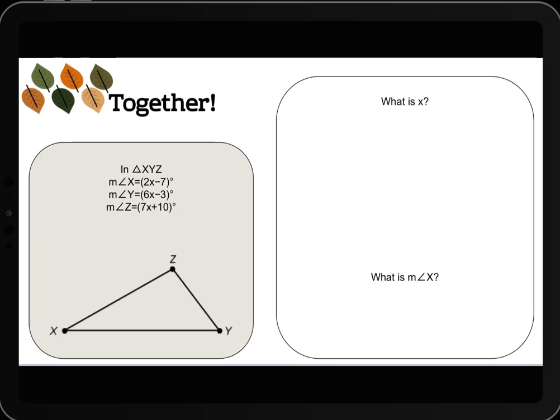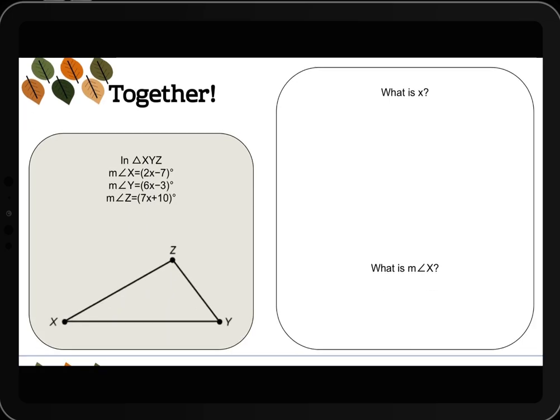So if you look at this example right here, this is a really good representation of the last type of problem today that we need to target. We're trying to figure out the measure of angle x, and we're given all of the different angle values and expressions that are provided that you see there for each angle. So we recall that the sum of all the angles in a triangle equals 180 degrees. So what I can do is I can take each expression for each angle and I can add them together. So I have 2x minus 7 plus 6x minus 3 plus 7x plus 10, and that's going to equal 180